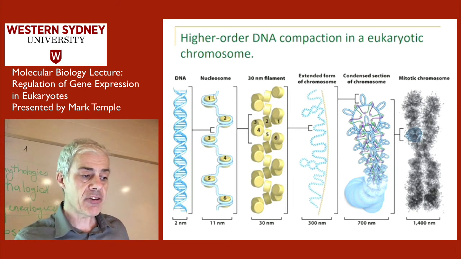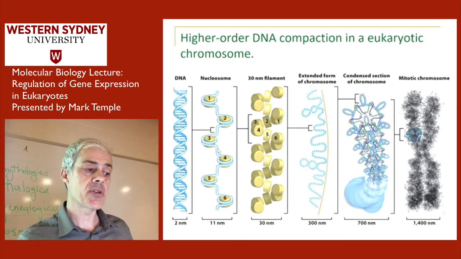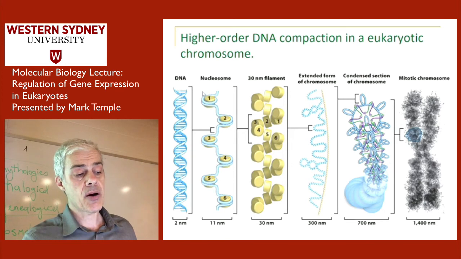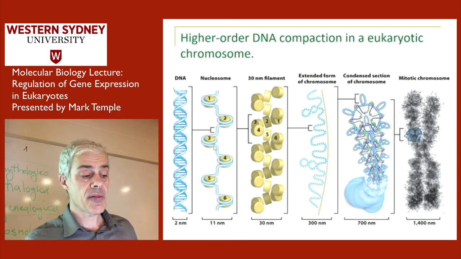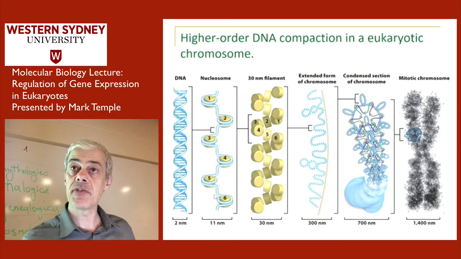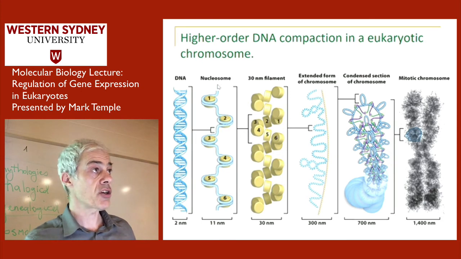And in this diagram, it's showing 6 nucleosomes. So if that's about 150 and that's about 100, then that's 250 base pairs. So that's 250, 500, 1,000. That's about 1,500 base pairs of DNA in this little structure here.